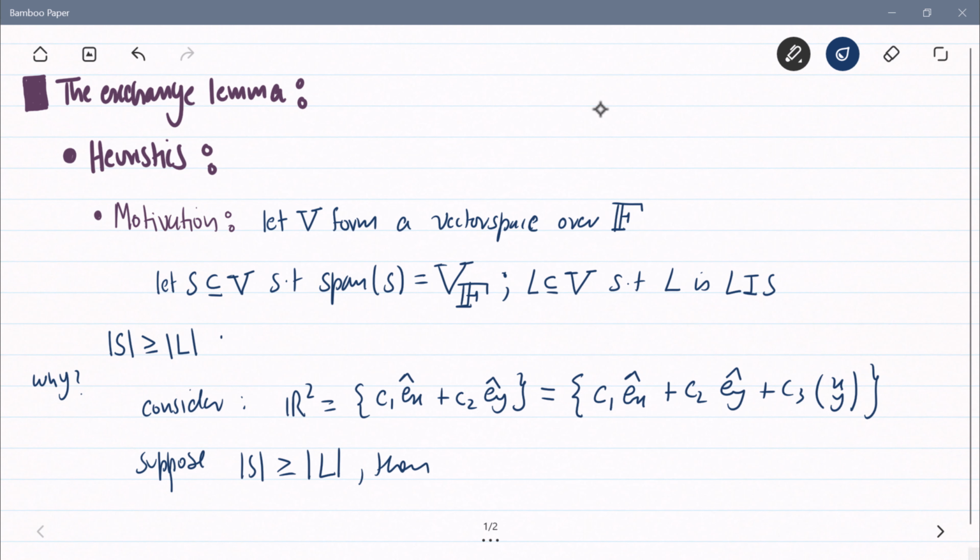Suppose this is true, okay, then the point is, can we find some vectors of S that, when we add them to the vectors in L, not really add, but you will see my point, sort of extend, such that we extend the linearly independent subset so that it spans the entire space? That is,